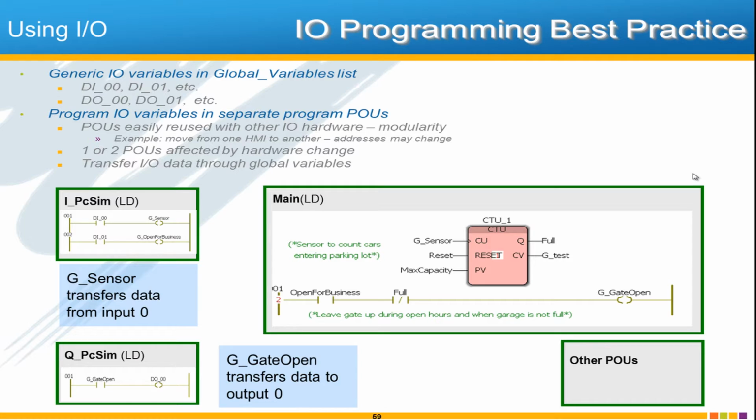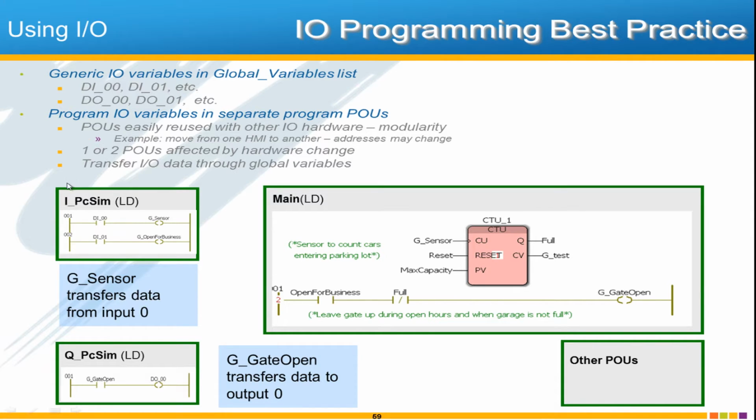We'd like to also show you at this point the programming best practice when you use I/O. And this is also the way that you will see the I/O when you use Yaskawa's MPIEC controllers. We would recommend you use generic I/O variables in your global variable list. So rather than just applying addresses to existing variables in the POU local list, it's a better practice to use global variables such as di_00, di_01,